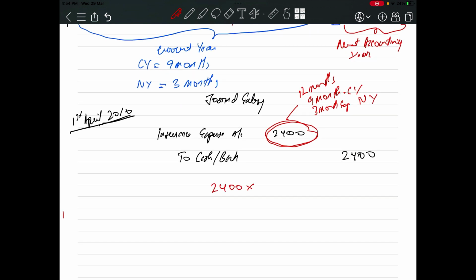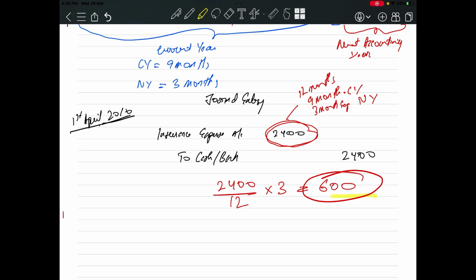2,400 is for 12 months. So if I take it out for 3 months, what will be the amount? 600. Okay, now this 600 is for the next accounting year. These 600 expenses which we have paid in the current year is for